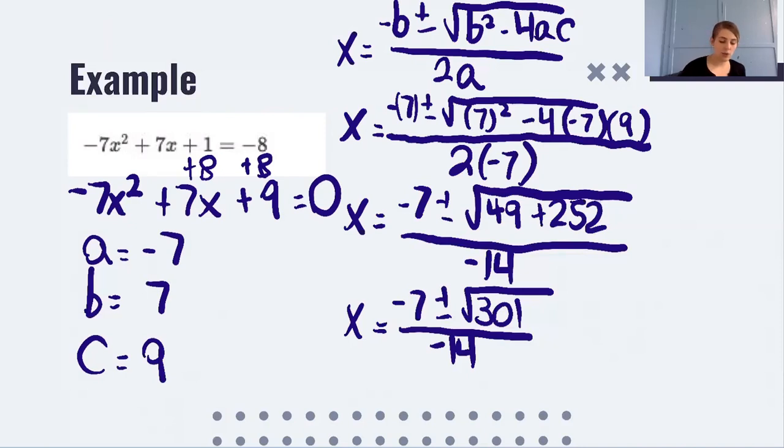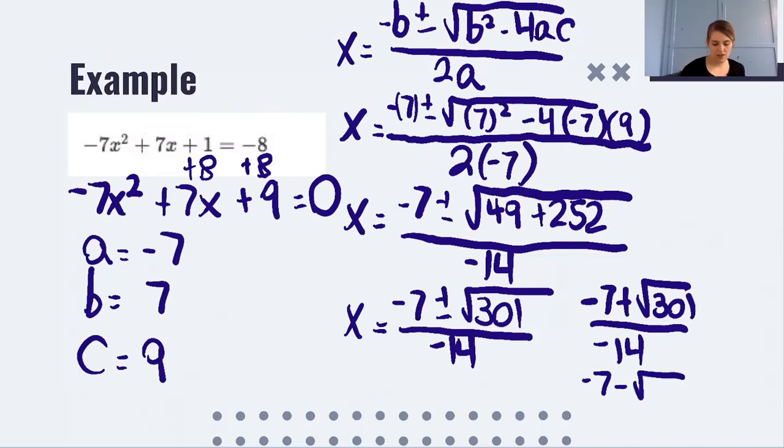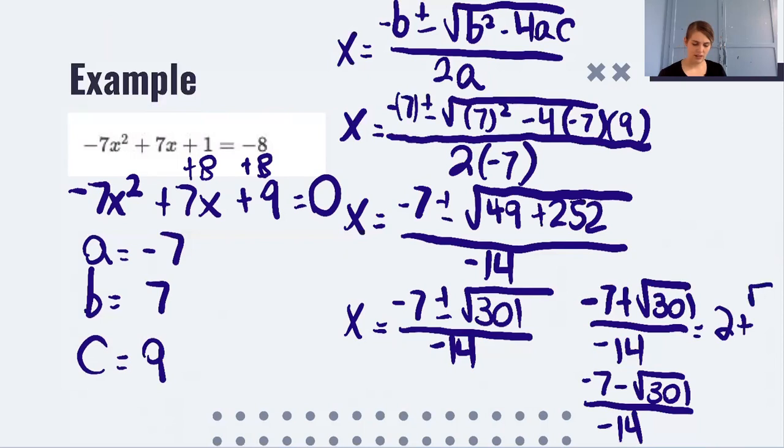But this tells you that your zeros are at negative 7 plus the square root of 301 over negative 14, and negative 7 minus the square root of 301 over negative 14. Now looking here, we can simplify. So you could keep it like this, or we could simplify our answers because negative 7 divided by negative 14 is one half. It'd be the same as saying one half plus the square root of 301 over negative 14, or one half minus